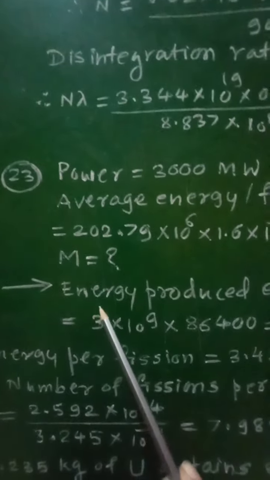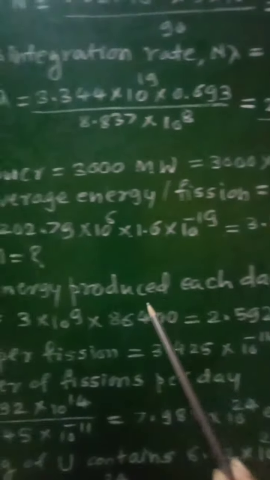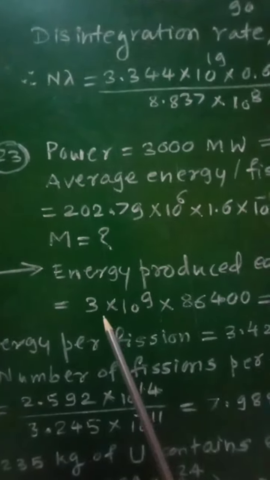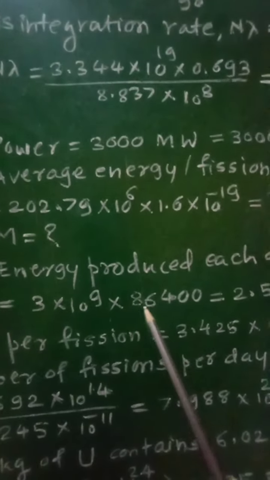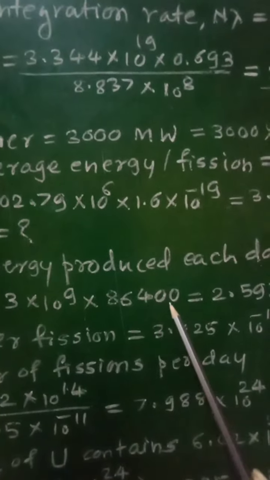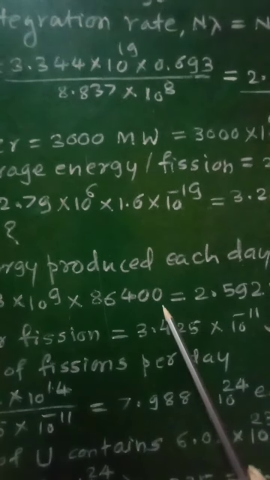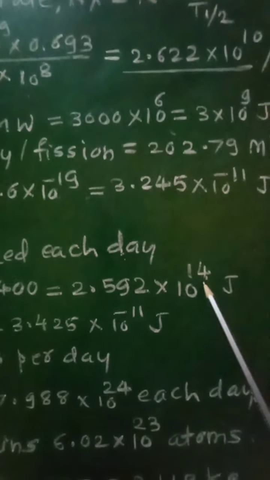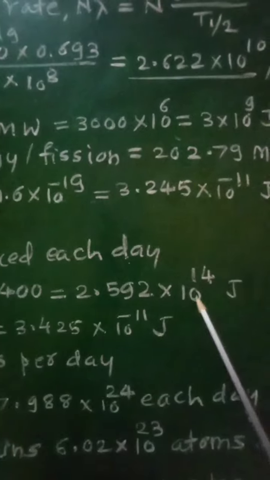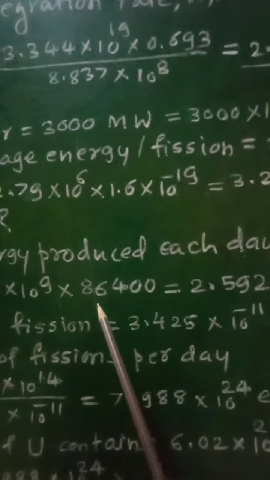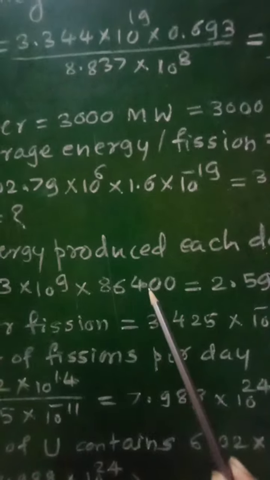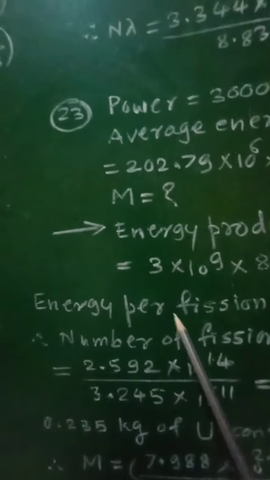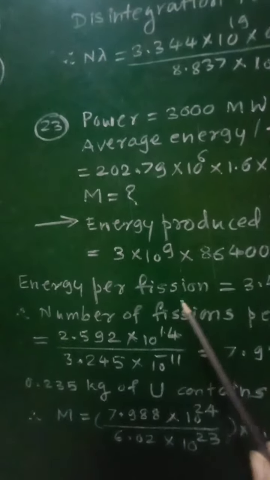Therefore, the energy to be produced each day is given as 3 into 10 raised to 9 into 86,400. That comes out to be 2.592 into 10 raised to 14 joule. Here 86,400 will be the seconds, and therefore energy per fission